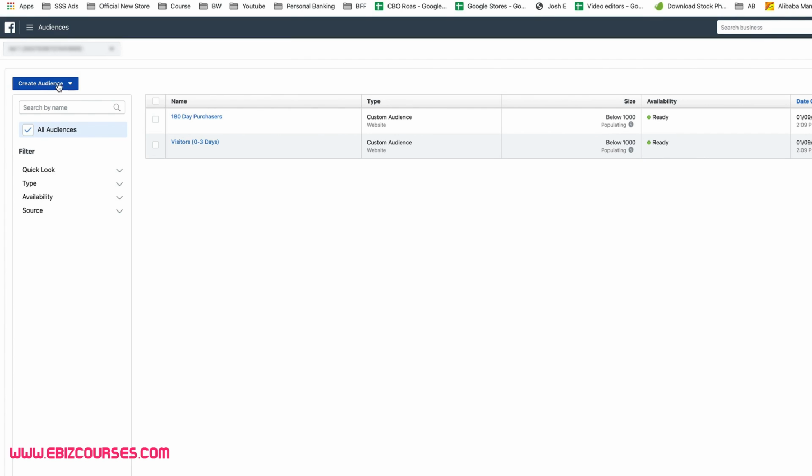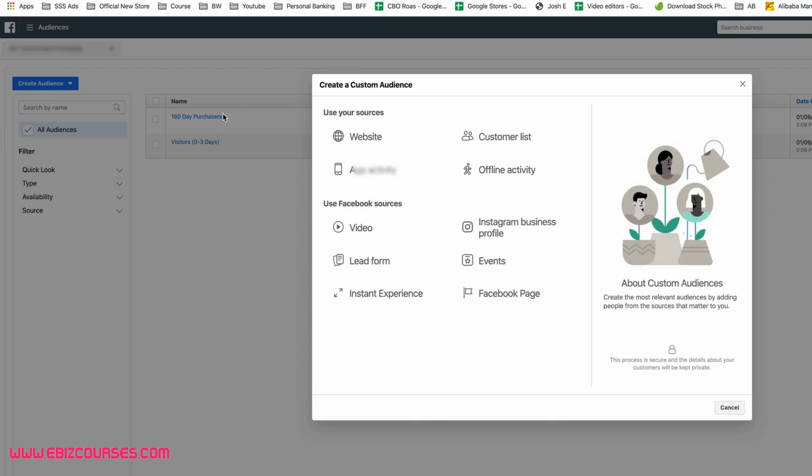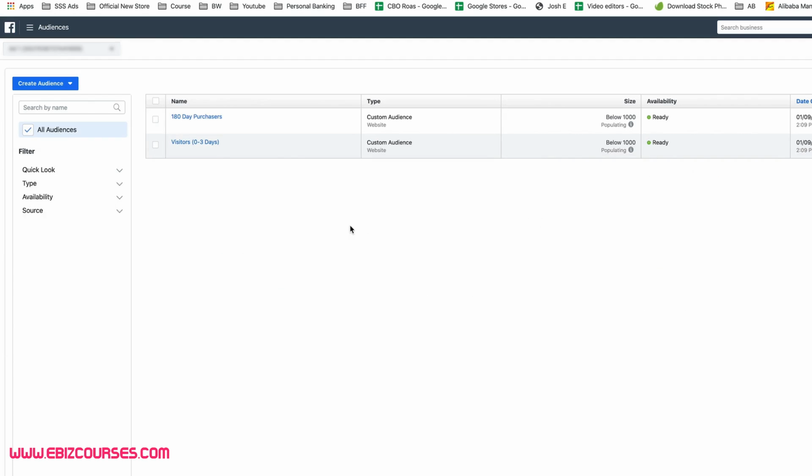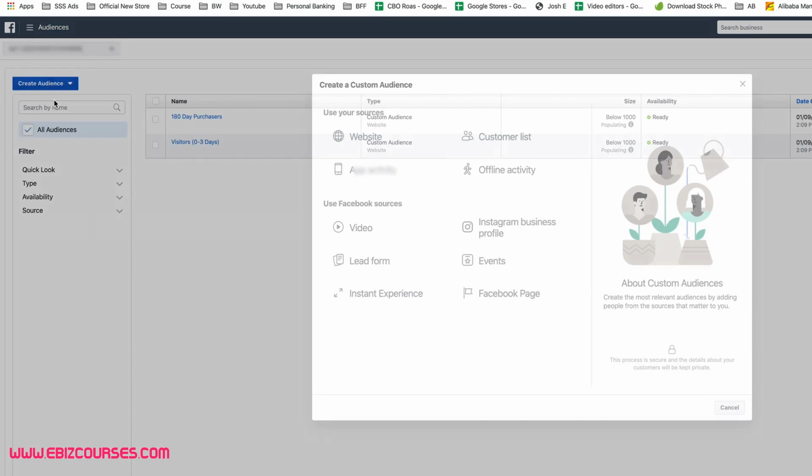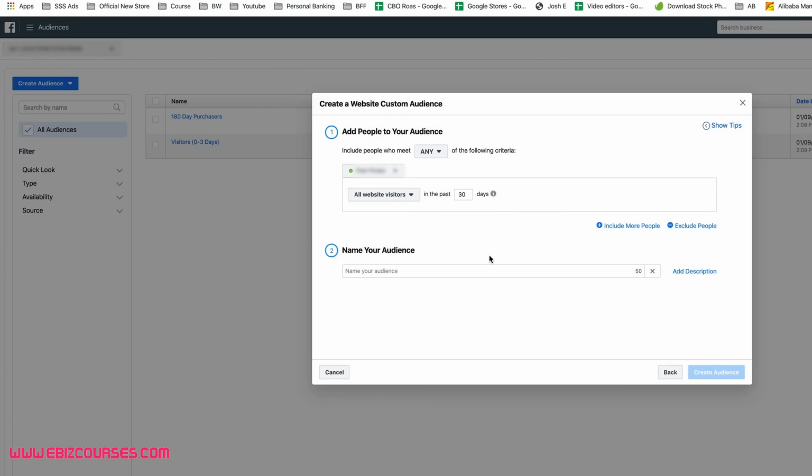And so we got our visitors 0 to 3 days. We're going to keep going. Another thing is you can never double make an audience. So what do I mean by that? Meaning if I already made this visitors of the last 3 days, and I go and try to make it again, it's going to give me a red error and say duplicate. So I can't double create an audience in an old account to show you. That's why I'm doing it in a new one. So custom audience, website